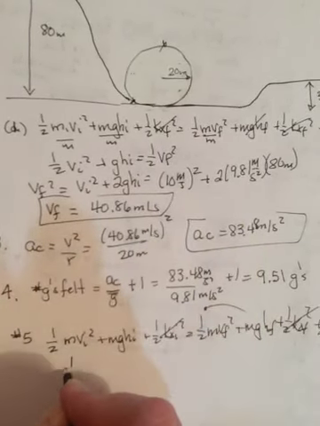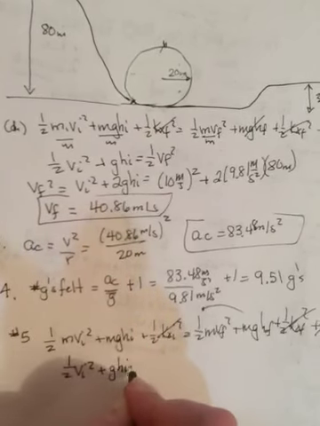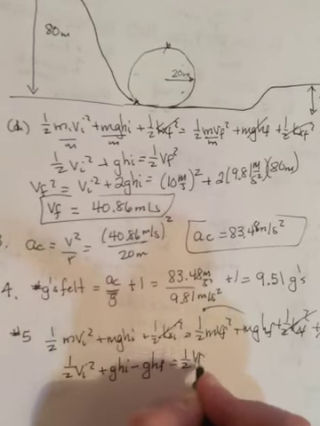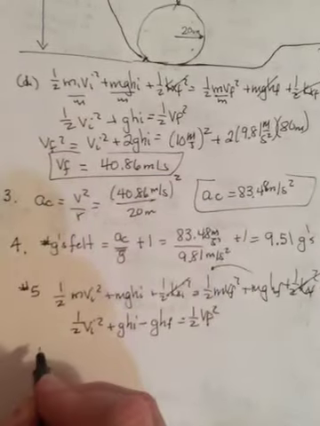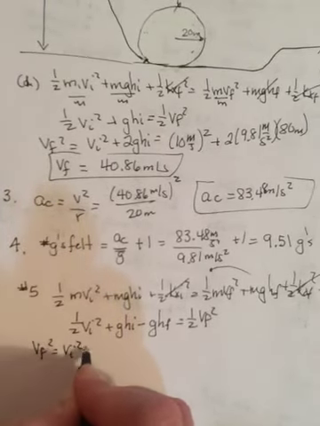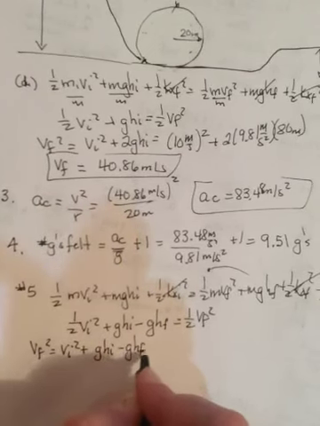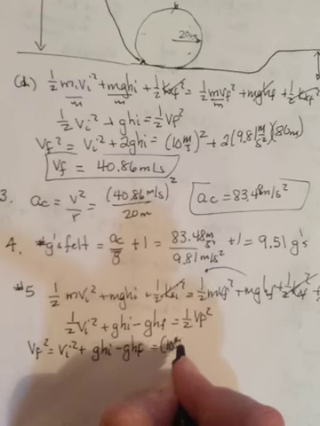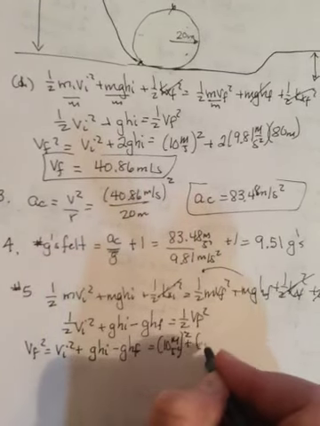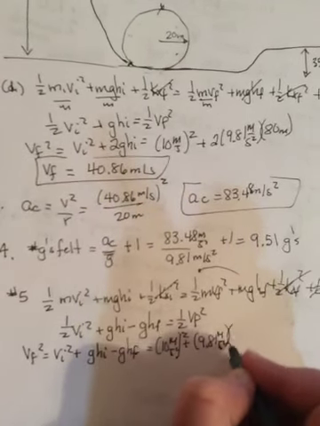So it'll be 1/2 V initial squared plus GH initial minus GH final equals 1/2 V final squared. Multiply both sides by 2. So V final squared will equal V initial squared plus GH initial minus GH final. So 10 meters per second, squared, plus 9.81 meters per second squared times 80 meters